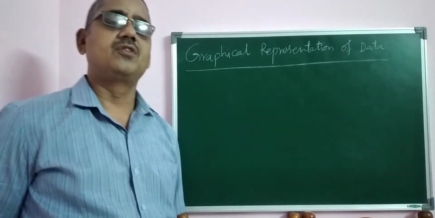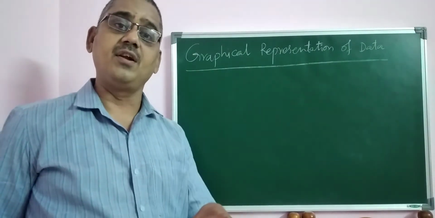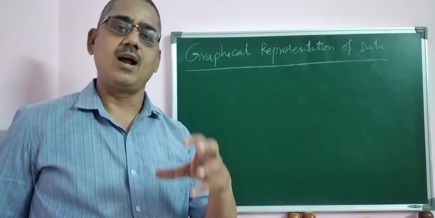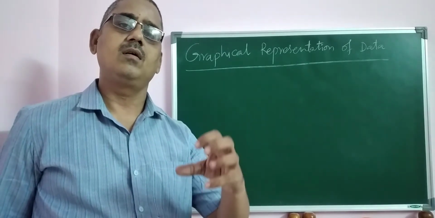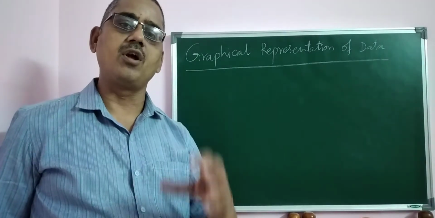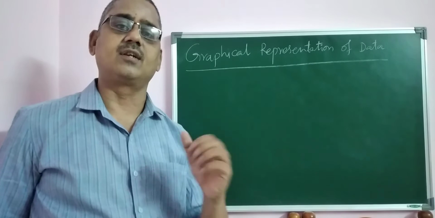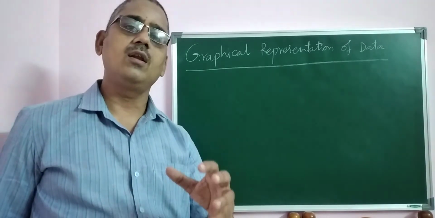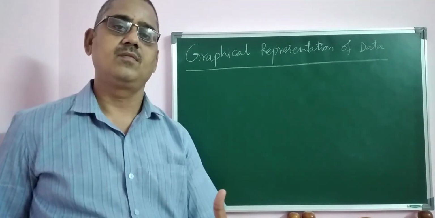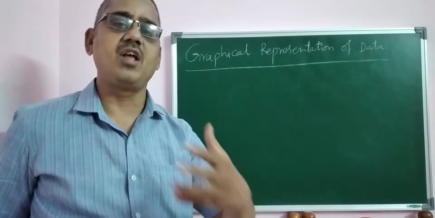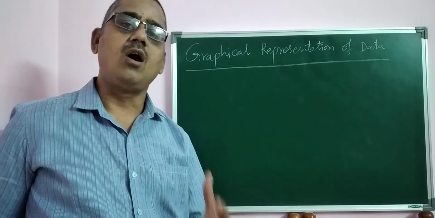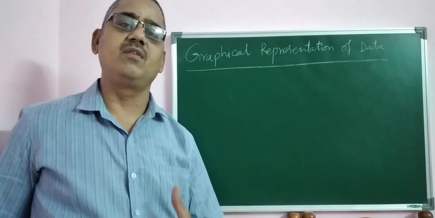The graphical representation of data is nothing but representing any kind of numerical data by means of a diagram, by drawing in the form of lines, curves, etc., which are all some kind of graphical representation, and with which the cause and effect relationship between the variables can be studied.